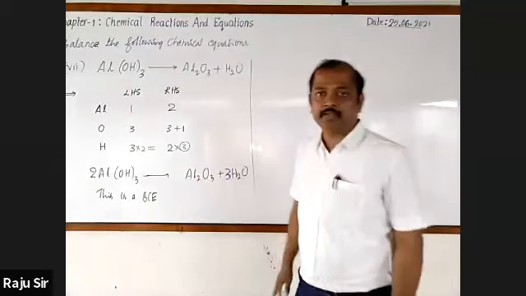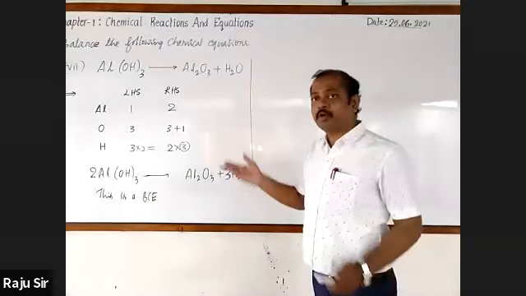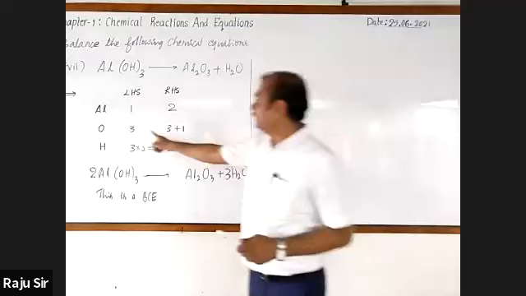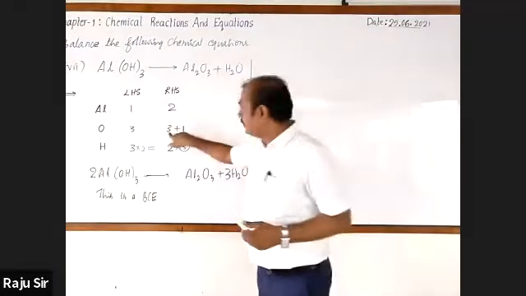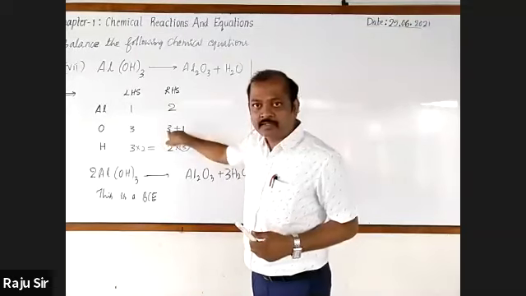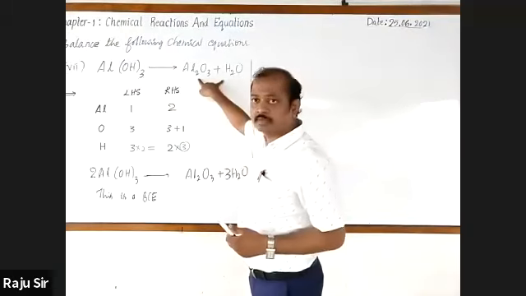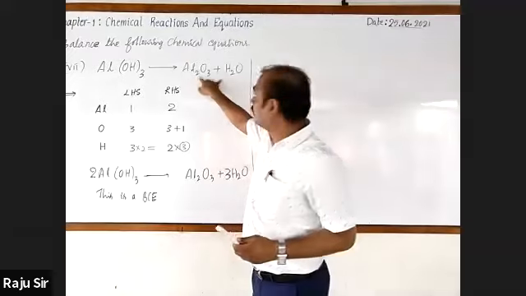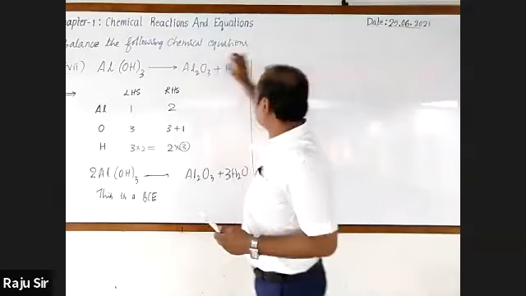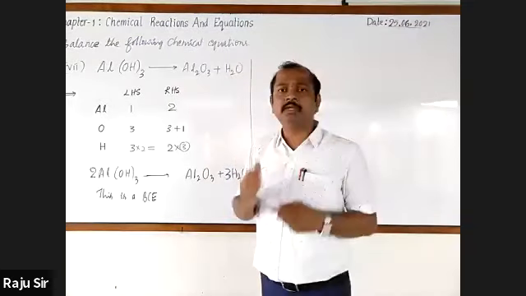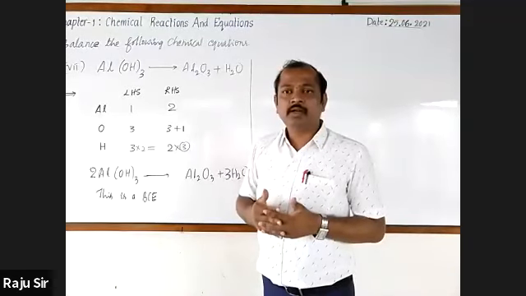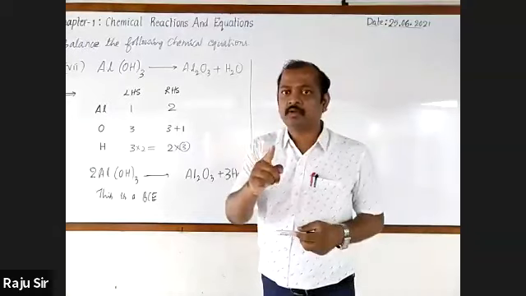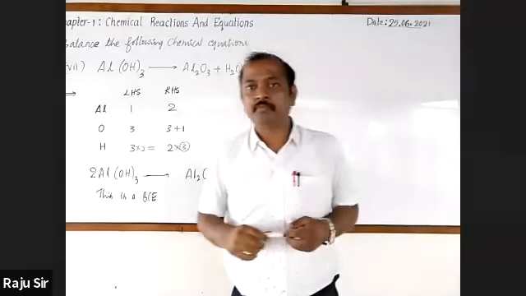So it is balanced. If you take 4 and multiply here 4 and there 4, but which compound would you multiply? Oxygen has been distributed to 2 compounds, whether you multiply 4 with aluminum oxide or 4 with water, which would you multiply? No, we cannot take so. Are you understanding?